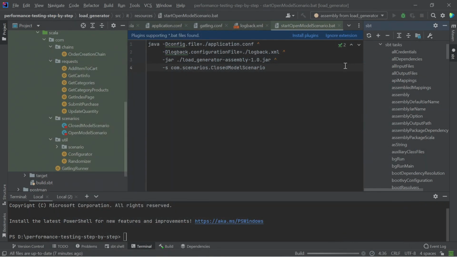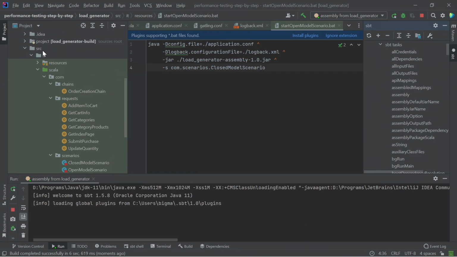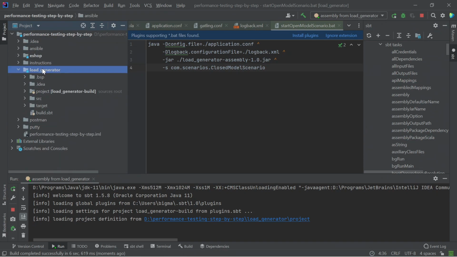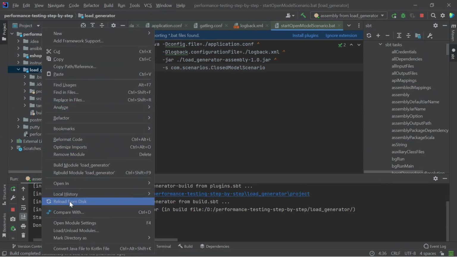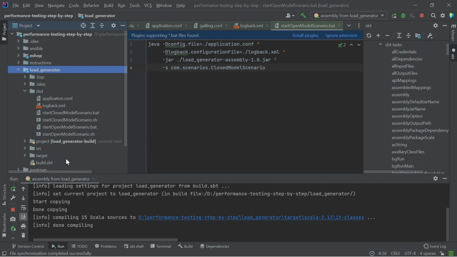Launch it. The command started executing, and now we should see that the disk directory has appeared, into which the corresponding resources are added. The resources have been copied now.